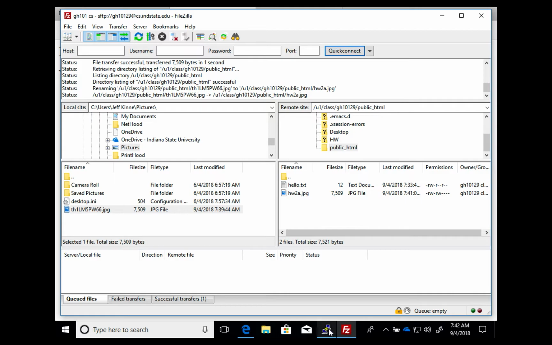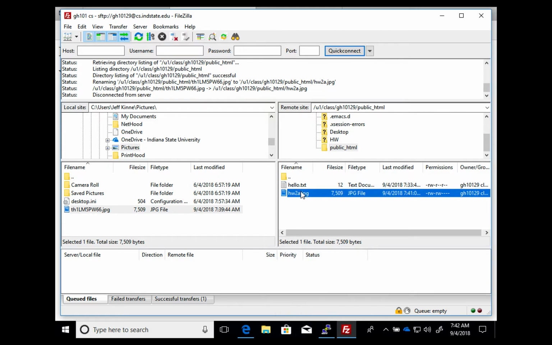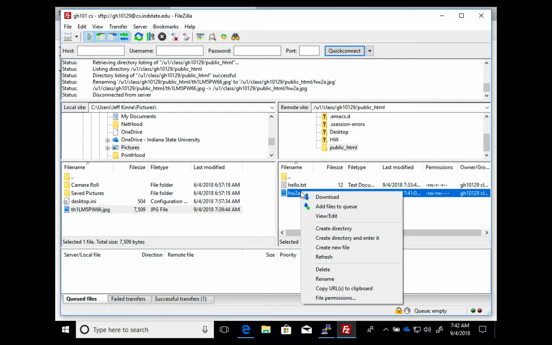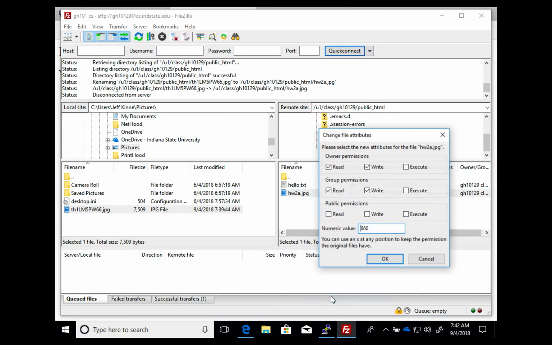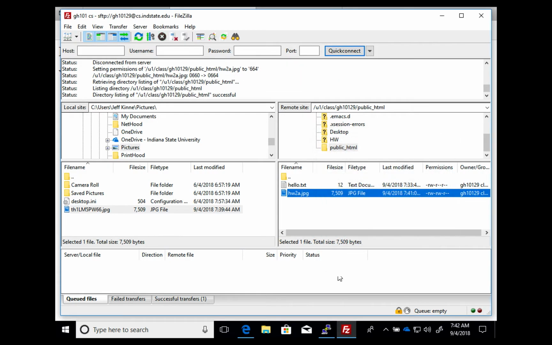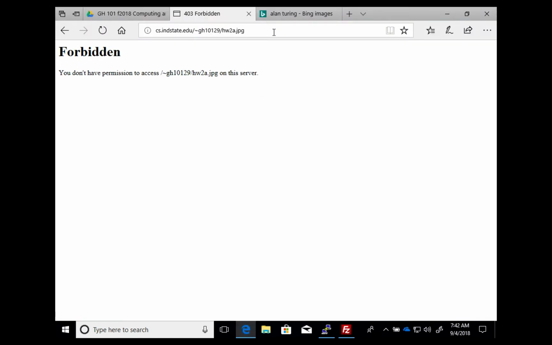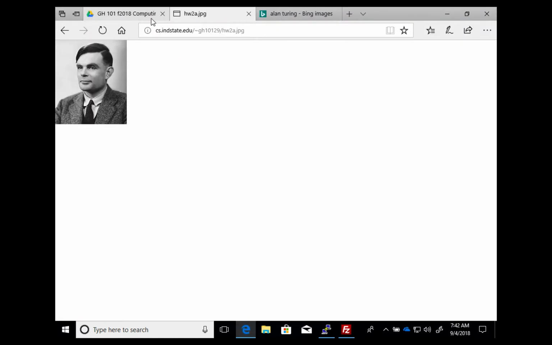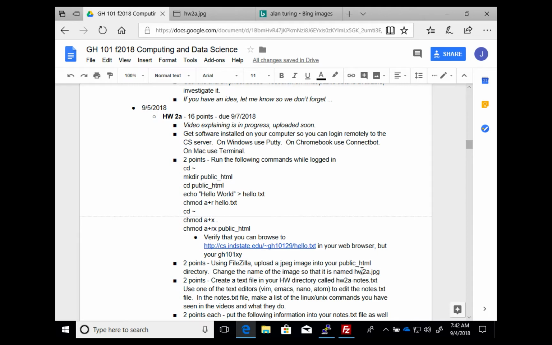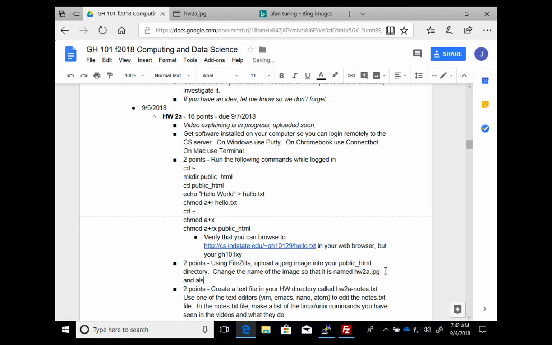I can do it over in my PuTTY. I believe I can do it here, so let's see. File permissions. I want to give public read. And then refresh over here. Yippee-doo, the second file that we can view from the internet that's in our account. Change the name and also set the permissions so other/everyone has read access. All right, so you can do that in FileZilla or you can do it in PuTTY,